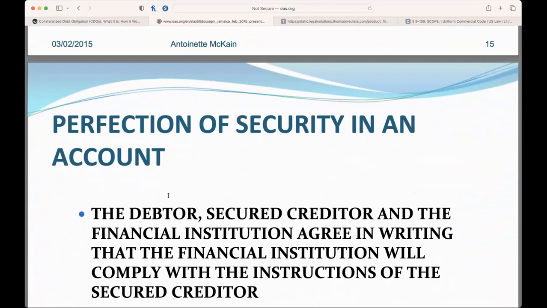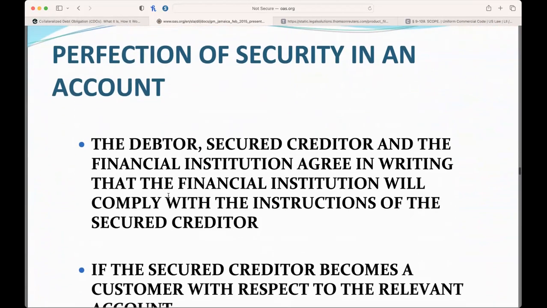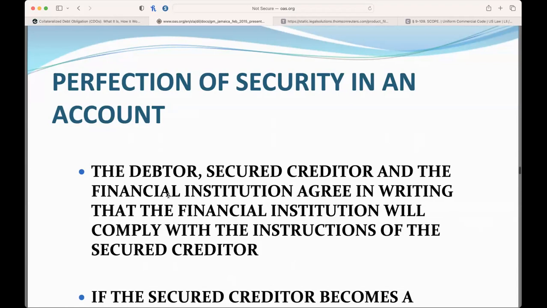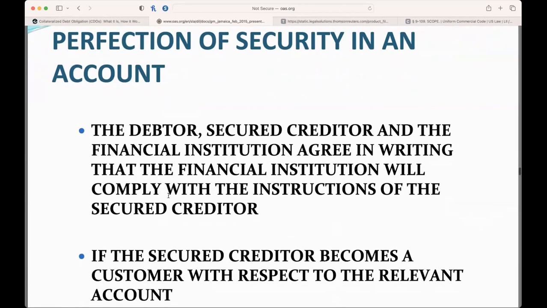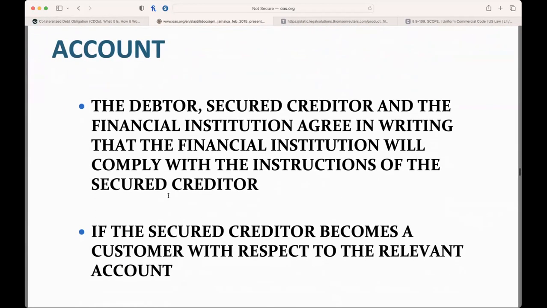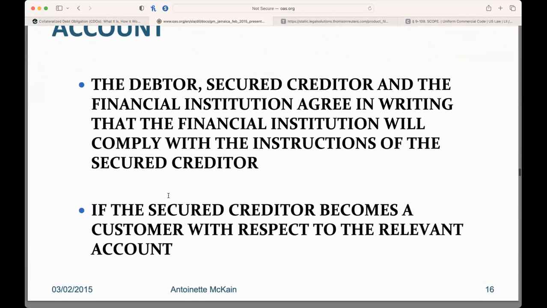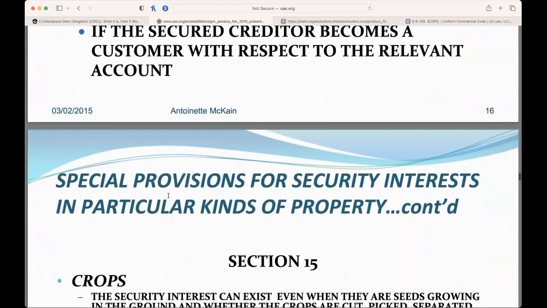Perfection of security in an account. The debtor, secured creditor, and the financial institution agree in writing that the financial institution will comply with the instructions of the secured creditor. If the secured creditor becomes a customer with respect to the relevant account,